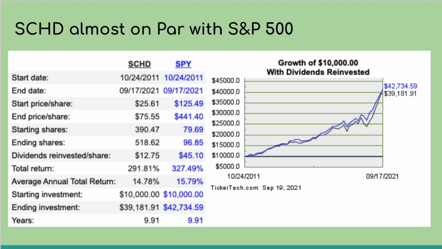Now, it's not just the dividends that are great with this ETF, it's the chance at getting that capital appreciation. And there's no stunting of growth as there is with covered call ETFs here with SCHD. In fact, in the past 10 years, SCHD has returned an average annual return of 14.78%. That's compared to the S&P 500's 15.79%. So a $10,000 investment would have turned into nearly $40,000 in just 10 years. So yes, on the surface, it did not beat the S&P 500, but it came very close to being on par with them. And at the end of the day, 15% annual returns for very little work isn't too shabby.